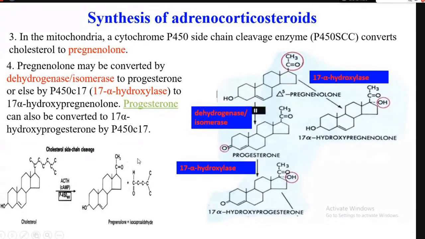Deepika, can you see it properly? Yes, sir. Because this is a biochemistry class, I am giving you the hints of chemical nature, not physiological nature, because my duty is like that. So that's why we look at the change in the structure and where it happens. These are important steps of steroid synthesis. Once you know this, you become a very professional clinician, because if you don't understand this, you cannot be a physician.